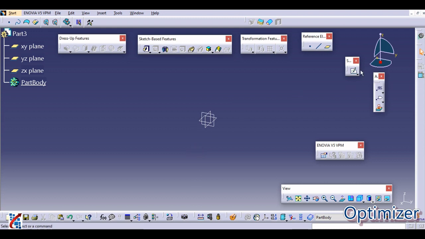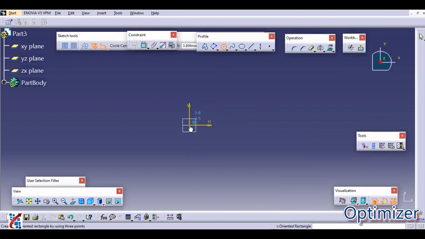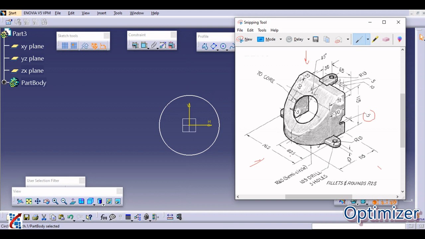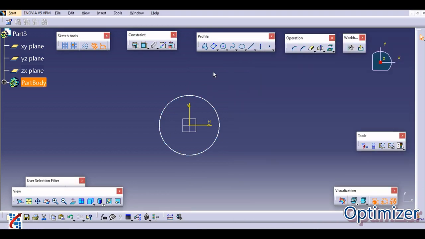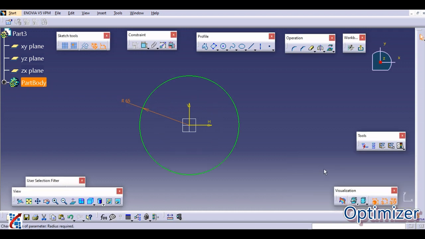So I'm going to start from the top view, where I'm going to draw the semicircle first. If you just see, this is R65, so the radius is 65, correct?